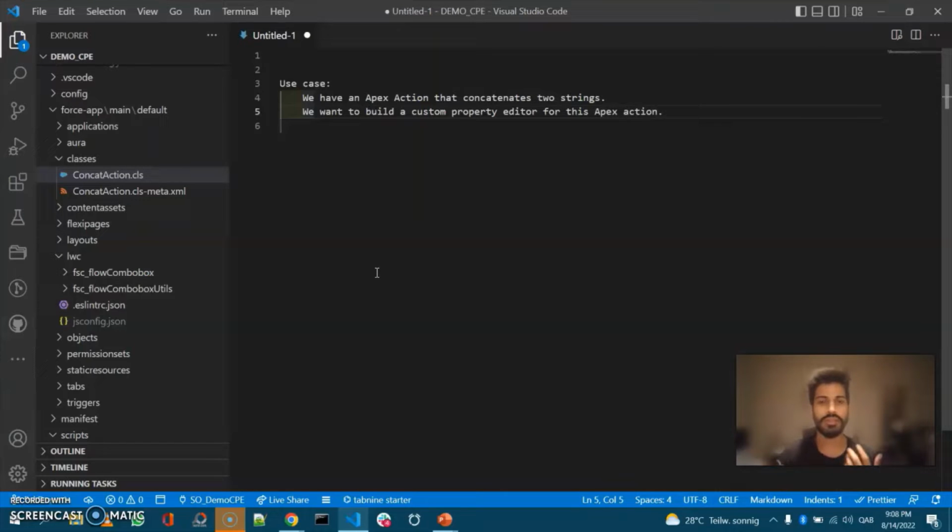Now, this isn't really a useful or practical use of a custom property editor for a use case like this, but it's good enough to give you a clear picture of